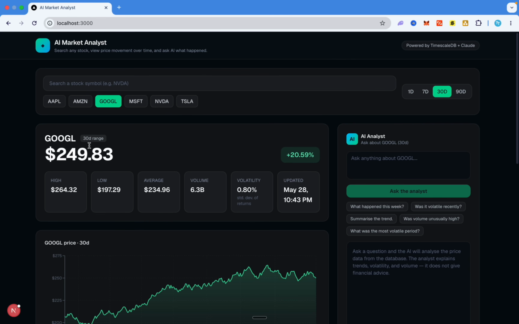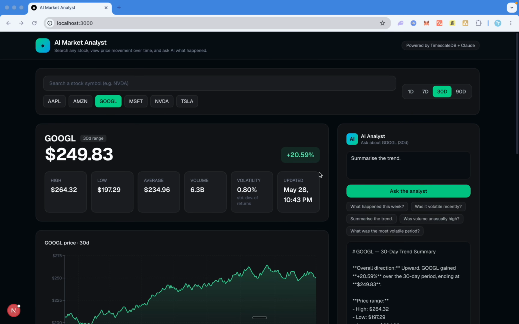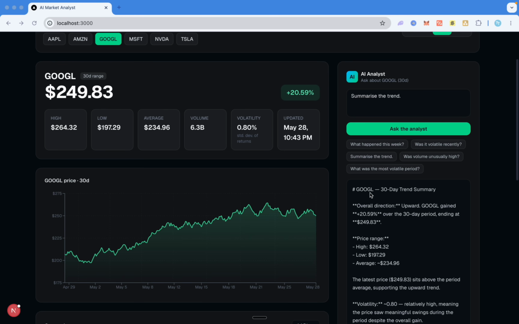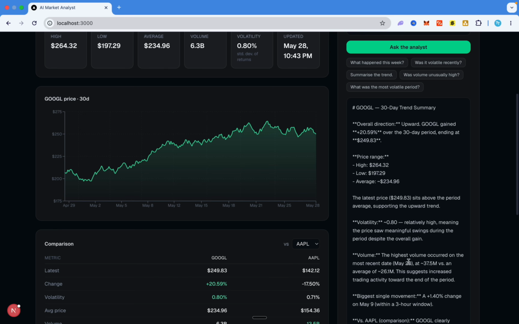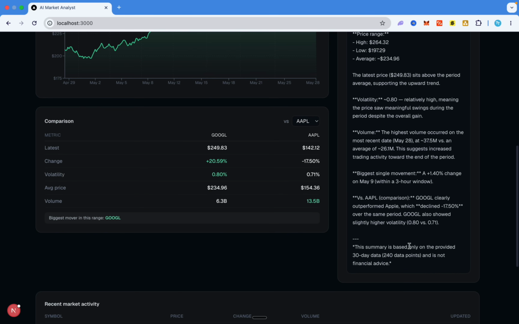For example, for this Google one, I could just say summarize the trend. Right, I can pick from these suggested options, and it's actually going to just summarize the trend for this specific stock. As you can see, it's done that. It's giving us a 30-day trend summary, everything we need to know about it, a good summary, which is good,